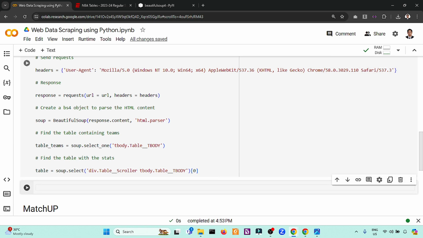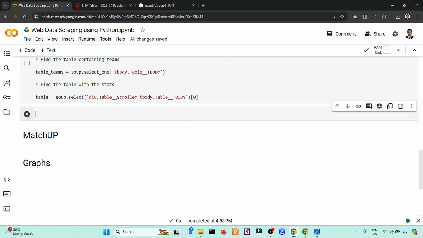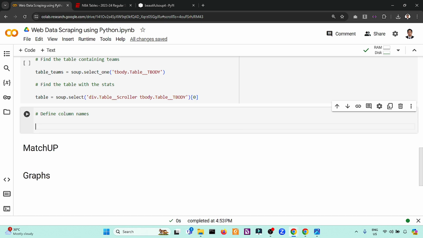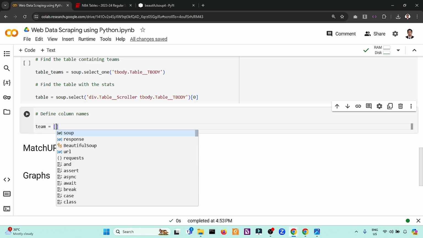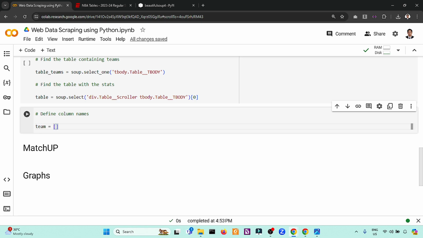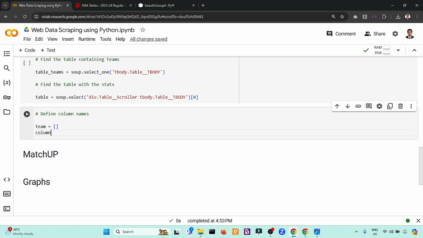So the next one, in order to reconstruct this one inside this notebook, we need to define specific column names. So for this one, I will define an empty list so that what we have extracted will be stored in this theme. Then, of course, we have column names.